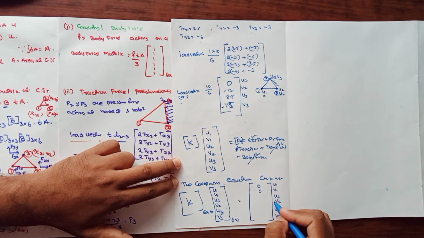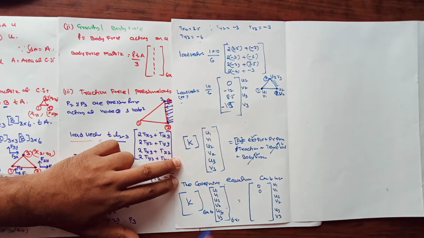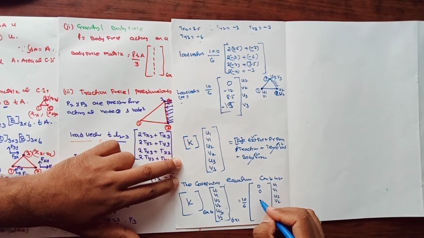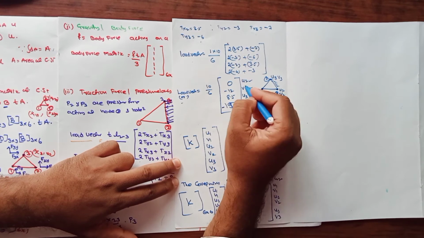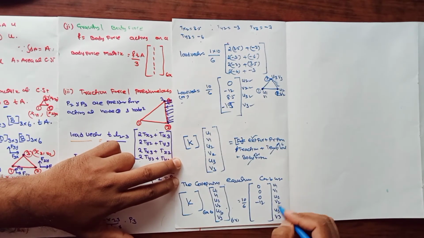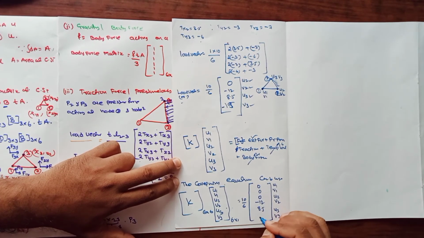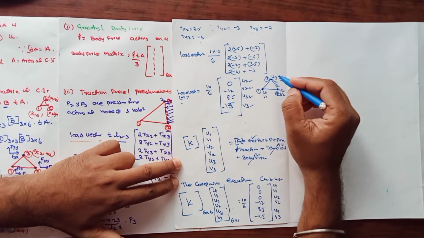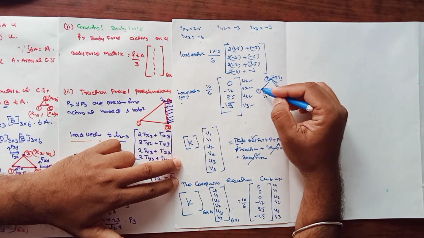But at u2 v2 the pressure force is there, so you have to take 10 by 6 as a common factor, and at u2 v2 the forces are 0 and minus 12. So you can observe that the u2 v2 and u3 v3 element forces are 0, minus 12, 8.5 and minus 1.5. In this problem only traction force exists at nodal numbers 2 and 3, but at nodal number 1 there are no forces.